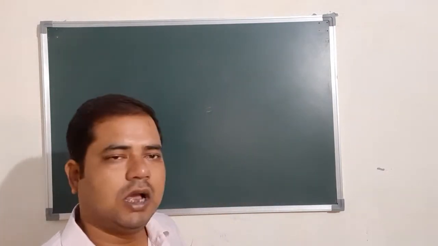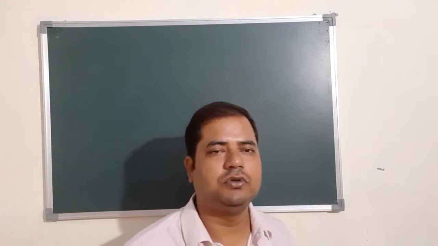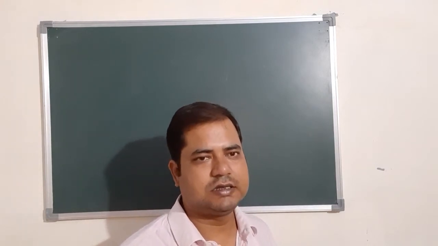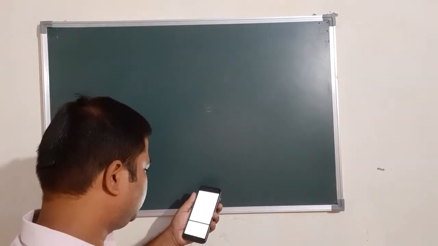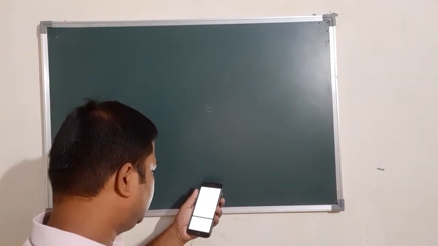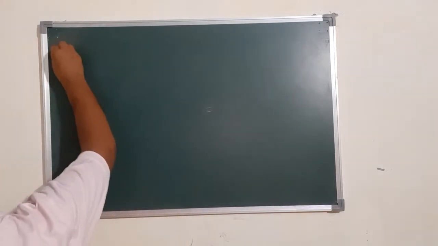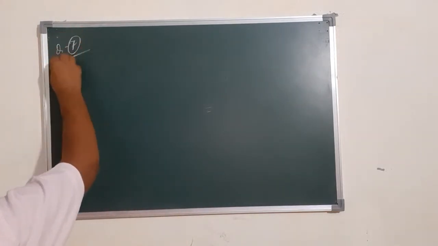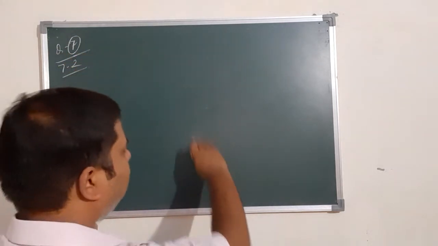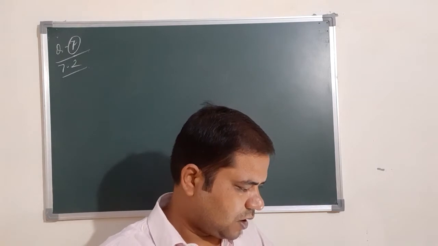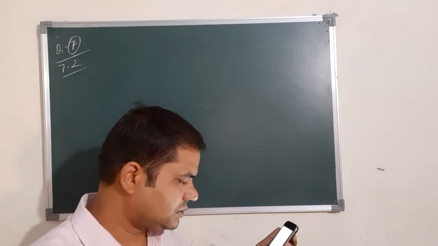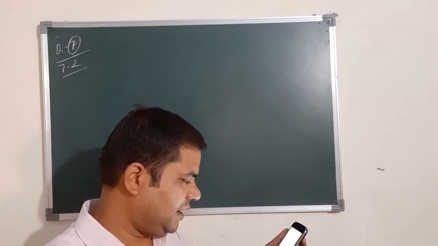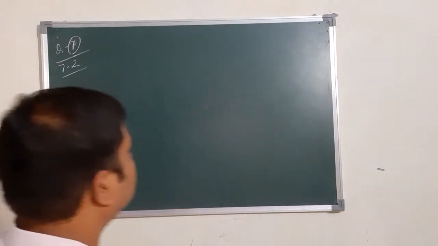As you know, we had completed up to question number 6 from exercise 7.2. So from the seventh question onward we are going to start. Question number 7 of exercise 7.2: find the coordinates of a point A, where AB is the diameter of a circle whose center is (2, -3) and B is (1, 4). So what is given here?